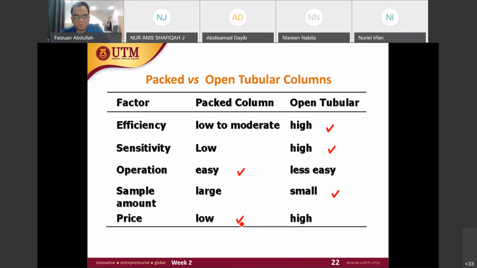So we now compare the packed and open tubular column, or the capillary column. For the efficiency, the packed column is low to moderate. We want the high efficiency, right? So that is why we use open tubular. Sensitivity is also low, and that is why